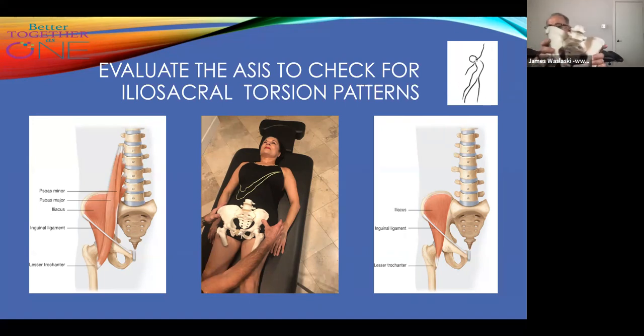When this right ilium goes anterior, say you sleep side lying and your iliacus gets tight, which is the muscle in here, and your rectus femoris gets tight. If the ilium goes anterior, it makes the psoas on that same side a long, weak spinal stabilizer. So if we don't assess the ASIS or AIIS, and if we don't relax the ligaments and give the ligaments a little bit of nutrients,